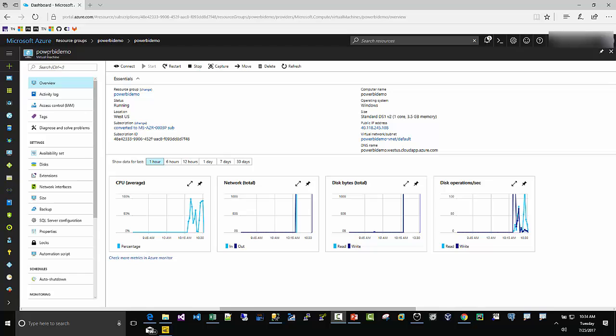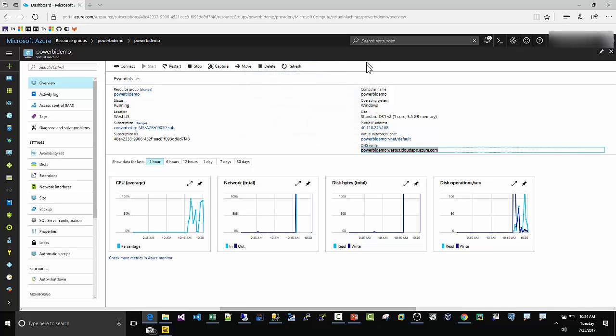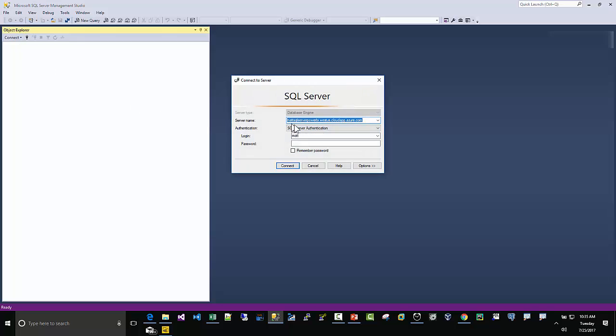Okay, so on the Power BI demo virtual machine, you can see the DNS name here. And this is important because this is actually used for two things. So we could remote into the VM itself using this. Remote desktop connection, come in and paste it in here, put in those credentials we used earlier. But also for purposes of this demo, I'm going to copy that. I'm going to go to Management Studio here. I'm going to go to Connect, Database,